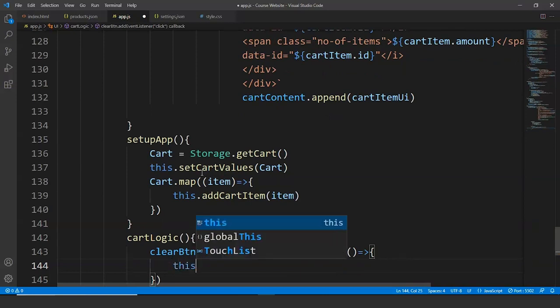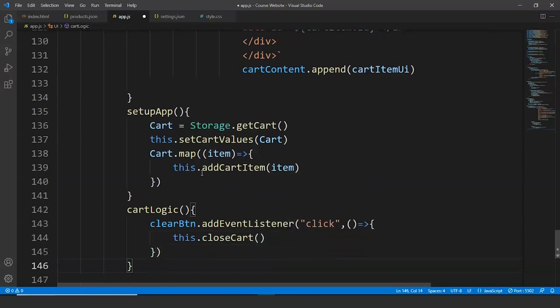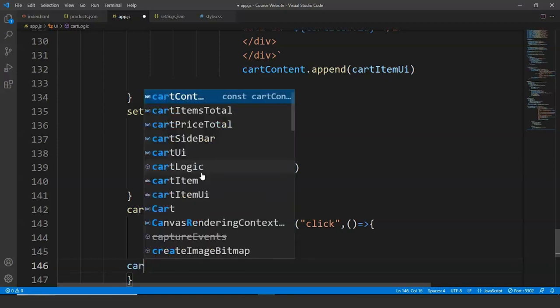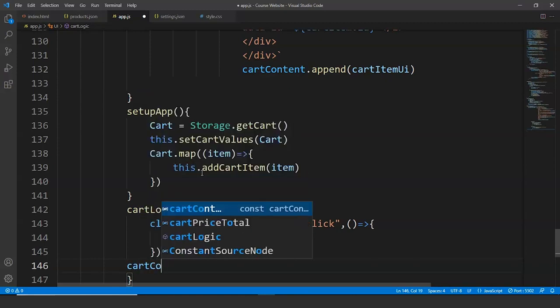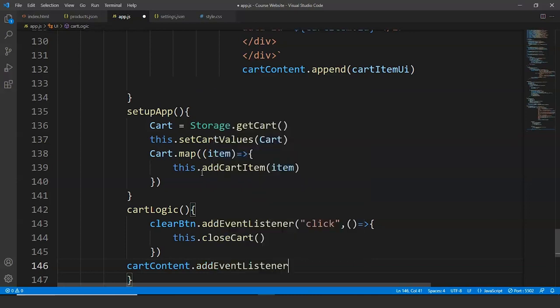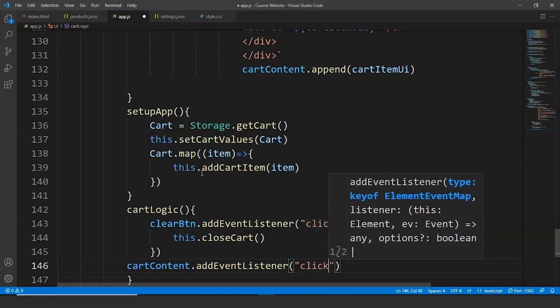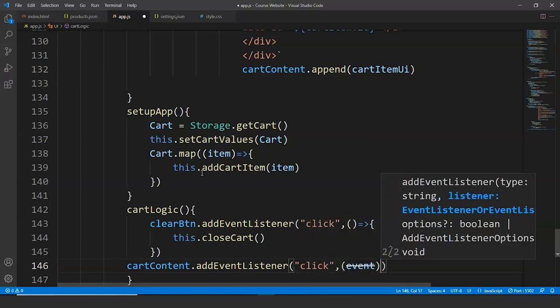Inside this we'll write this.clearCart. We are going to call this function over here. Now we have to write the logic for the remove button. So we'll do it here. We'll write here cartContent.addEventListener, click, event,